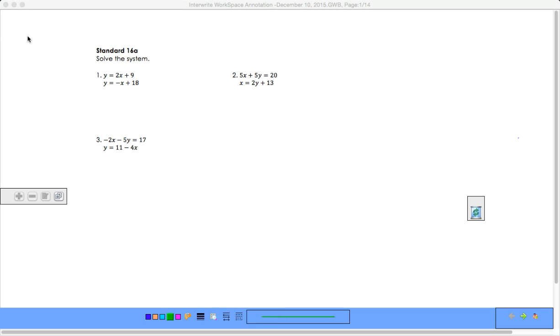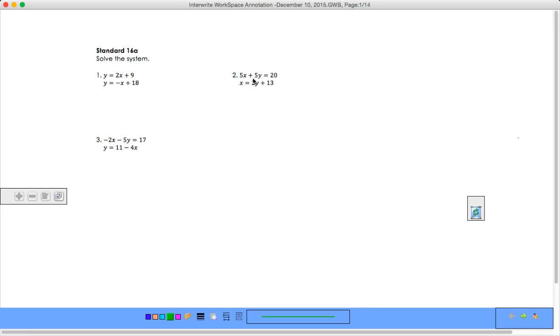Okay, so we are going to pick up where we left off. We went through standard 15 last class period, so we're going to start with 16a, which is solving by graphing and substitution. Here, we're set up to do substitution because we have a variable solved for, so we have x